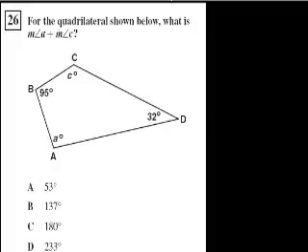All right, we're on problem 26. For the quadrilateral shown below, a quadrilateral has four sides, the measure of angle A plus the measure of angle C is equal to what? And here you just should know that the sum of all the angles in a quadrilateral is equal to 360 degrees. And you might say, okay, I'll add that to my memory bank of things